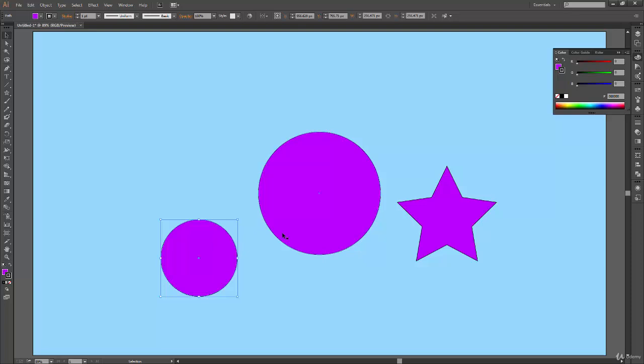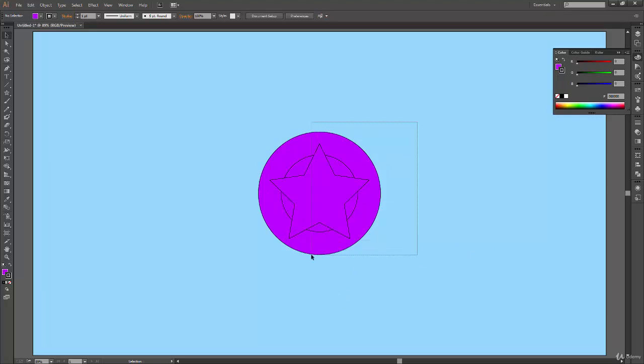So all your shapes will be preserved like they were. The only thing is Illustrator will perform some intersection or plus minus operations on your shape to make it look like some part of your shape is gone and some part is still visible. Now one more thing we can try: so far we have seen how compound path works on two shapes, because initially we had these two shapes only, but now we have this additional star. So let's select all of them and see, if we create a compound path again, do we get the same kind of result that we were getting before, or will we get some other kind of result?